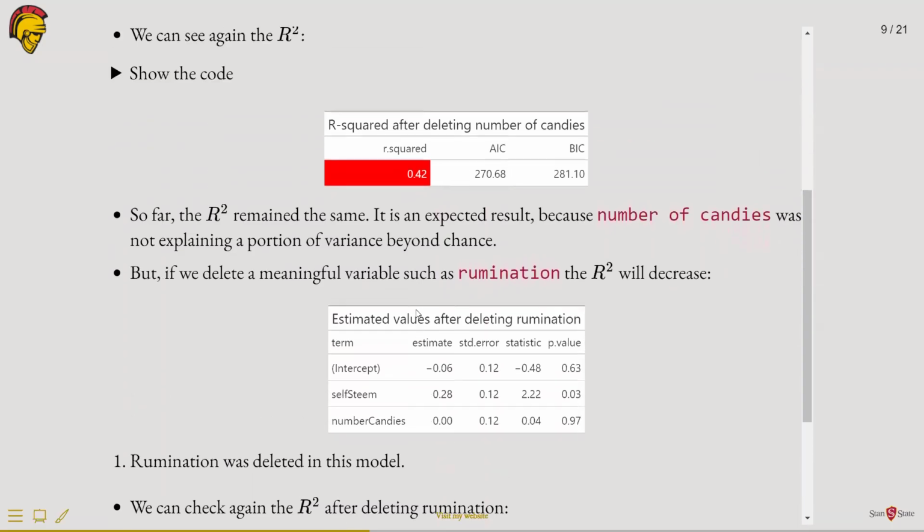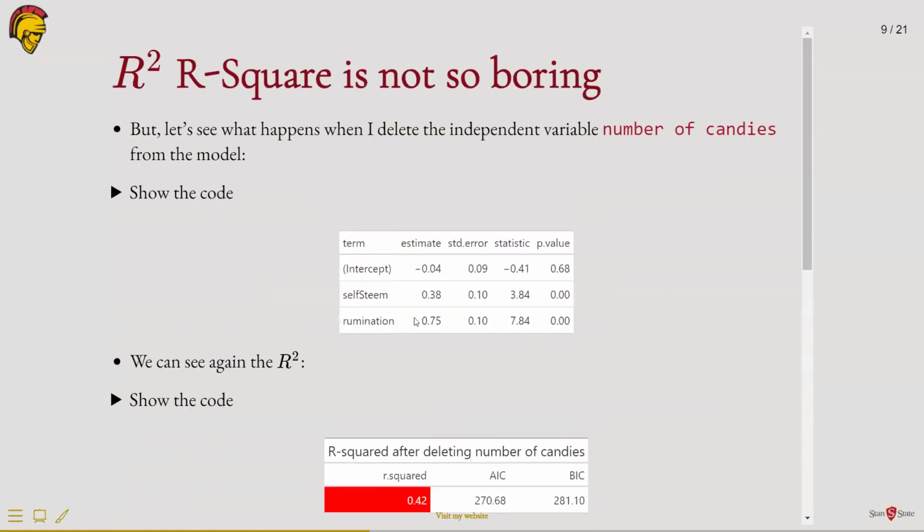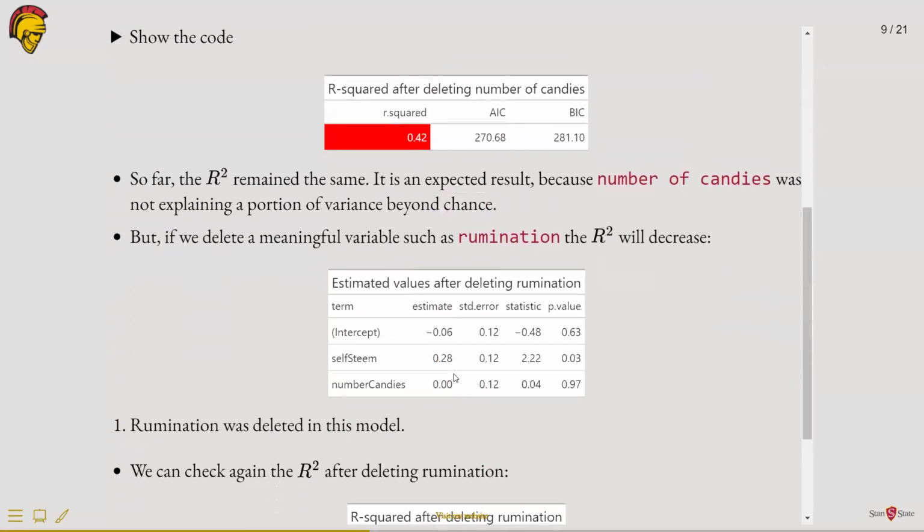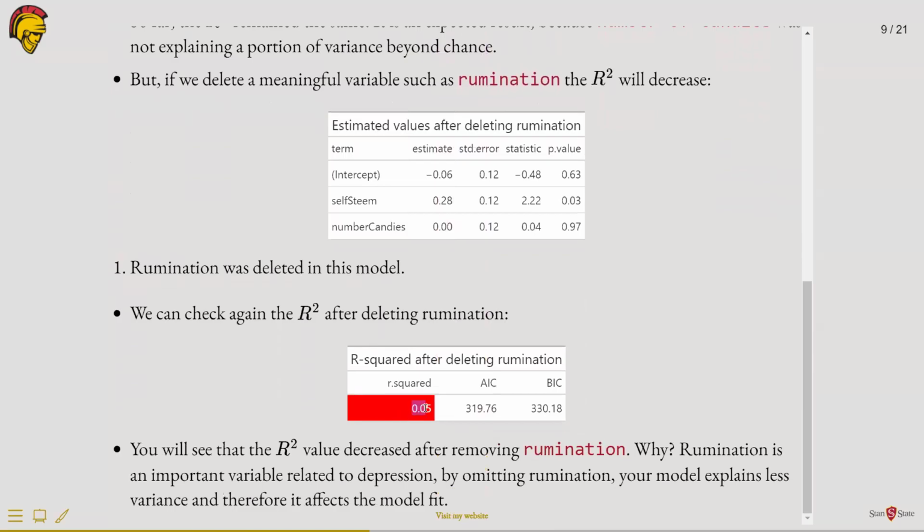Let's remove rumination instead of number of candies. Rumination has a big relationship with depression. So let's remove it and see what happens. Oh, look at that. The R squared is now 0.05 without rumination. That is an important variable because it reduced the R squared. That means that now, without rumination, you are explaining 5% of the variability of depression, right? You are losing a very important variable